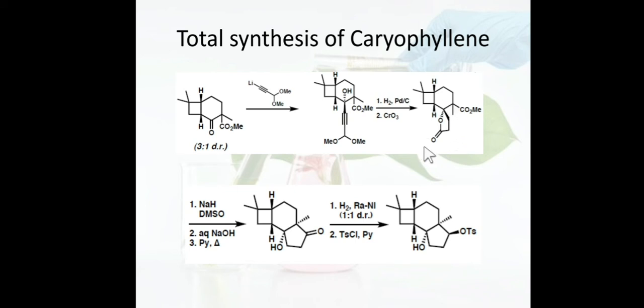Okay, so once we get this 5-membered lactone ring system, how do we get this? This OH will attack this ester and we will get this 5-membered lactone ring system. Now this lactone ring system is interestingly hydrolyzed, this CO2M is hydrolyzed,